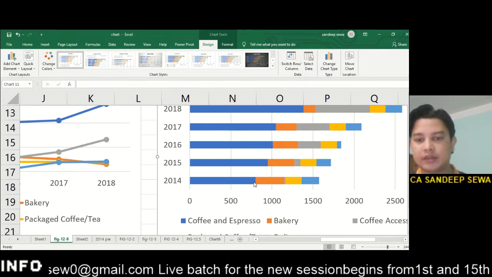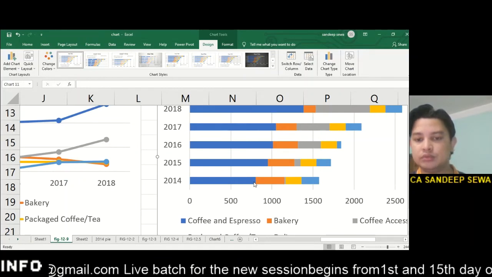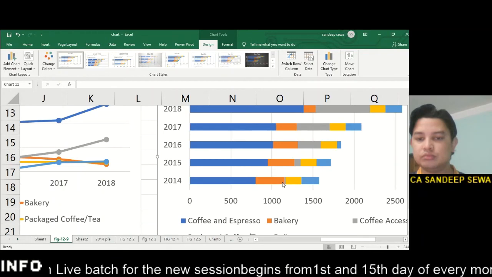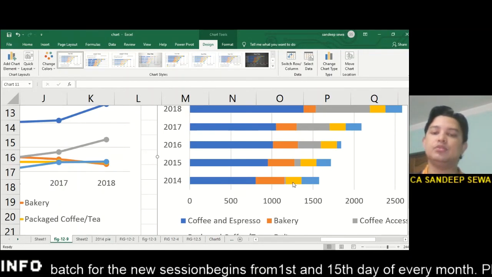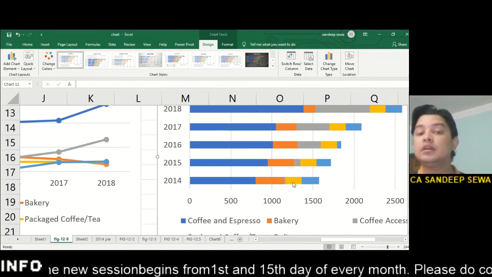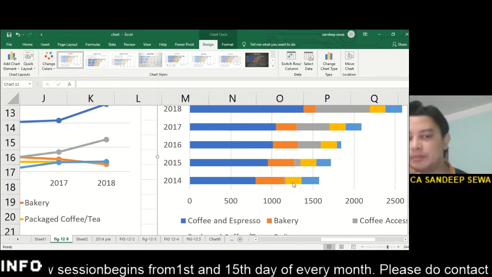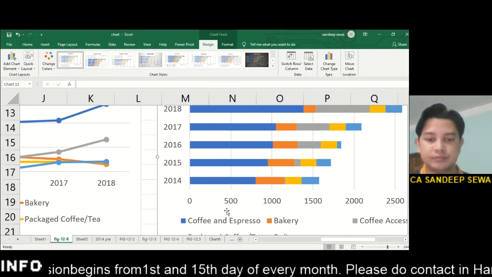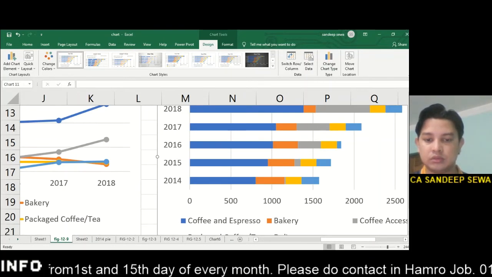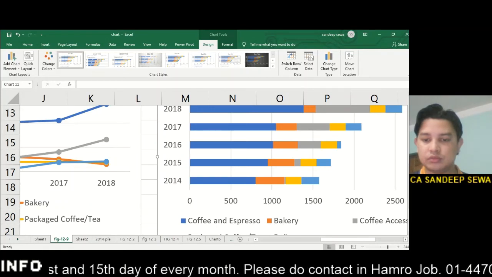It is 2802, and then 352 plus 352. So this is my revenue relationship among my products. You have to understand it.